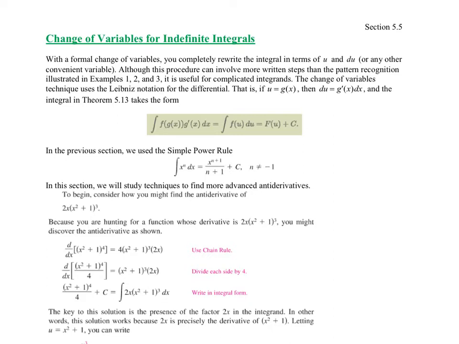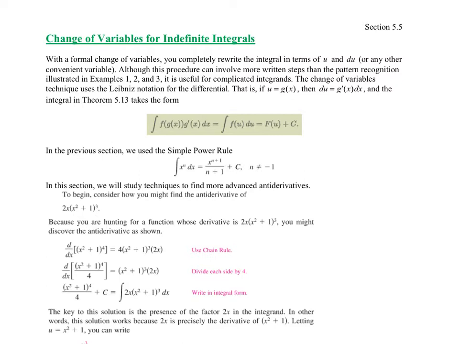It says with a formal change of variables, you completely rewrite the integral in terms of u and du, or another convenient variable. So you don't have to use u, but that's the convention. It says although this procedure can involve more written steps than the pattern recognition, it is useful for complicated integrands. The change of variable technique uses Leibniz notation for the differential. That is, if u equals g of x, then du equals g prime of x dx. And the integral in theorem 5.31 takes the form